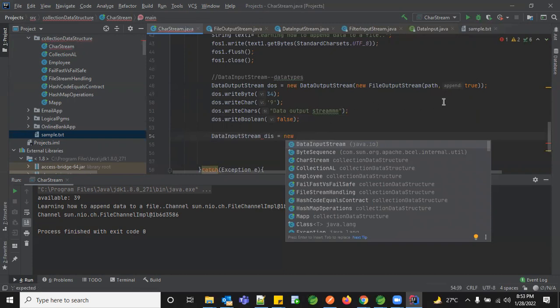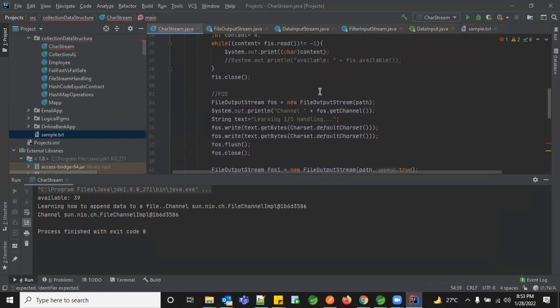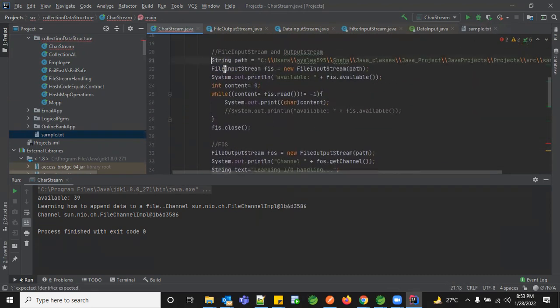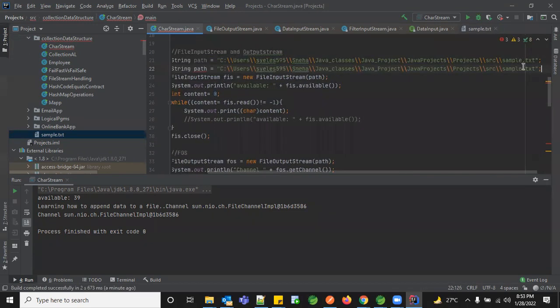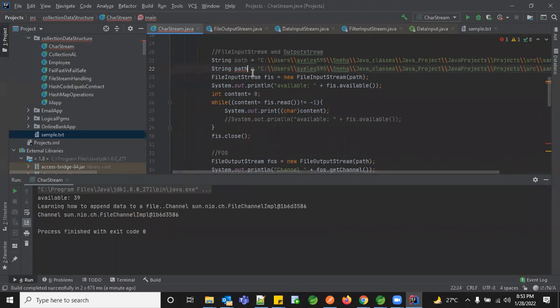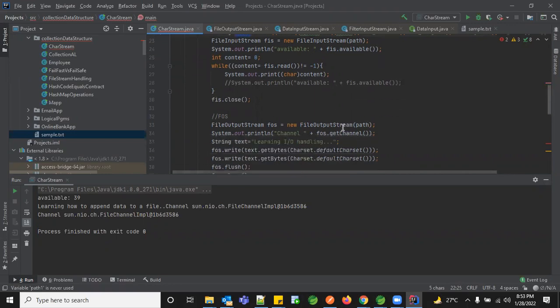It's a text file, but data has to be in a DAT file. So what I'll do is create one more file path. Let me say this as sample1.dat. Use this path.